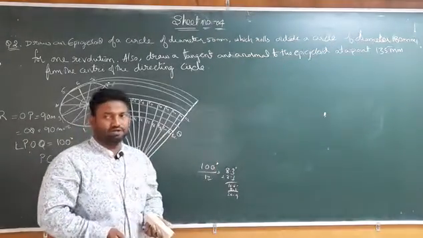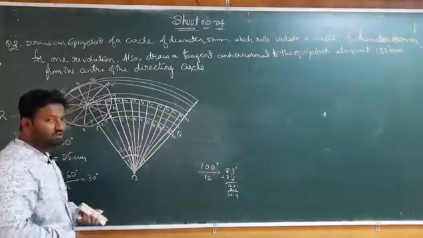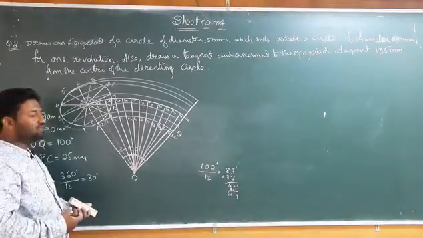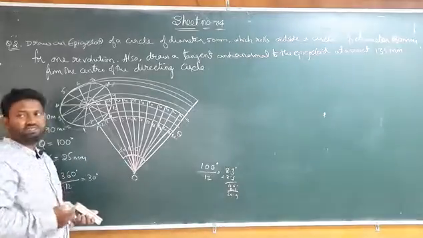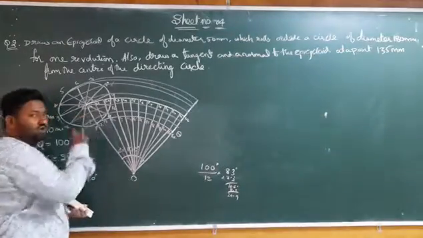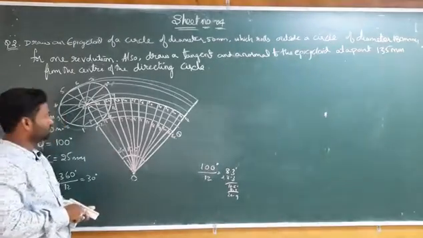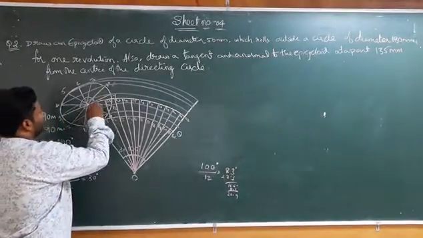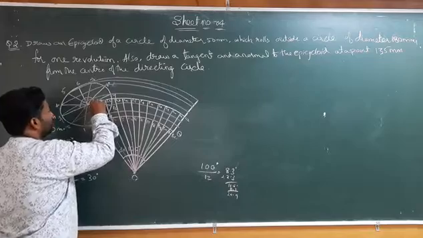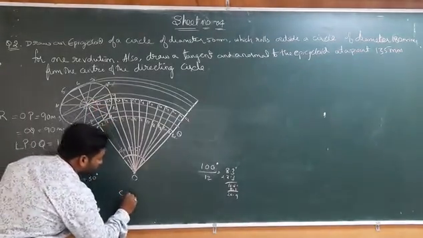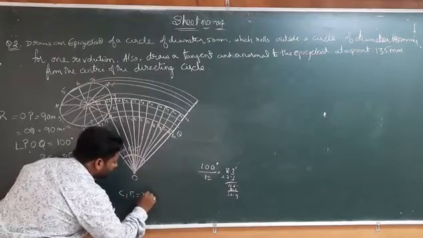So now, after the completion of this point, center, and we are marking the center also, now we have to draw the arc. You have to cut the arc by taking the radius as 25 mm of the smaller roller, and you have to cut the arcs on the another arc. So here, now I am taking the radius from C1 to P1. The radius of C1 to P1 is equal to 25 mm.